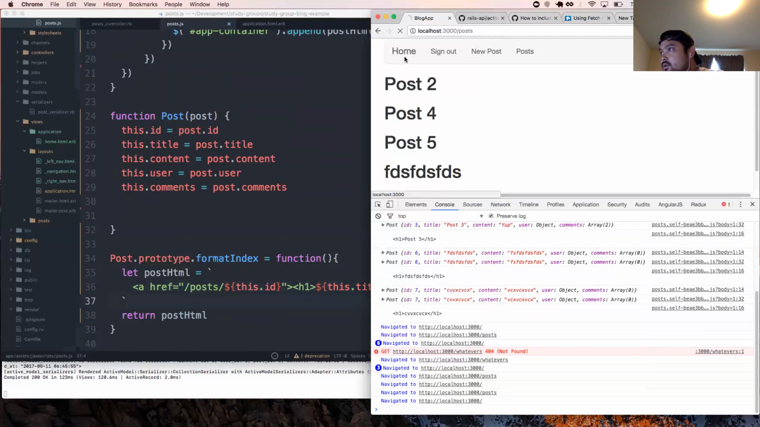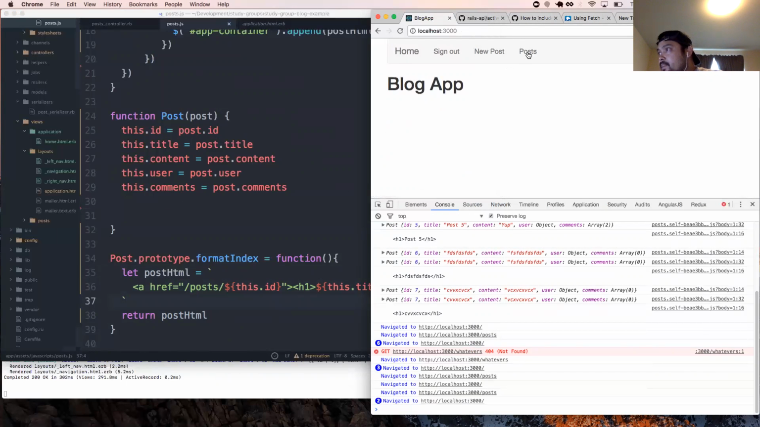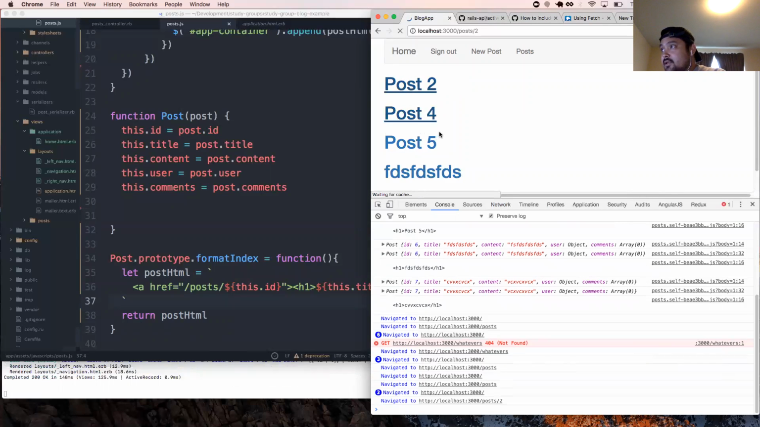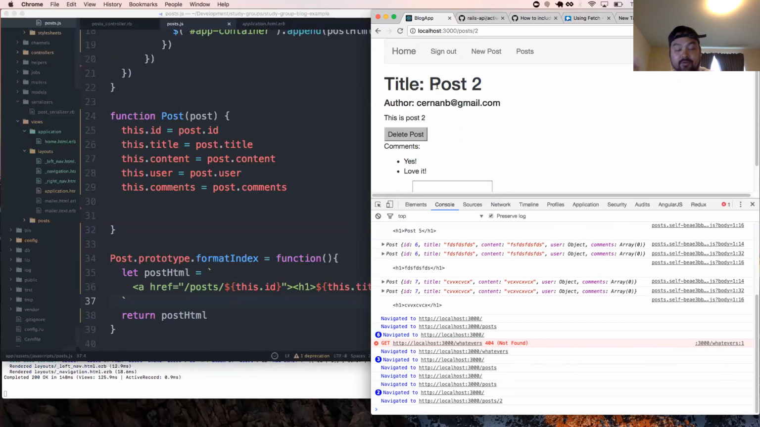Looks good. Let's make sure. Awesome. Now we see if we hover over the links, we have access to /post/2, 4, 5, and so on. Cool. So the idea is right now when I click on that, it refreshes the page and uses Rails to